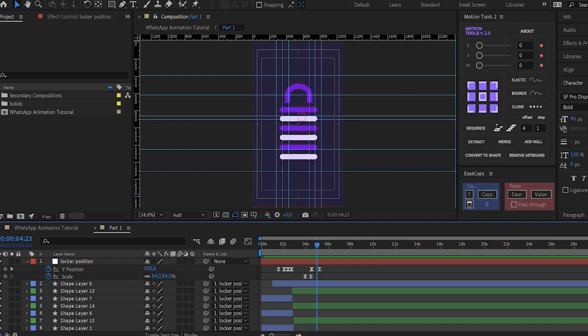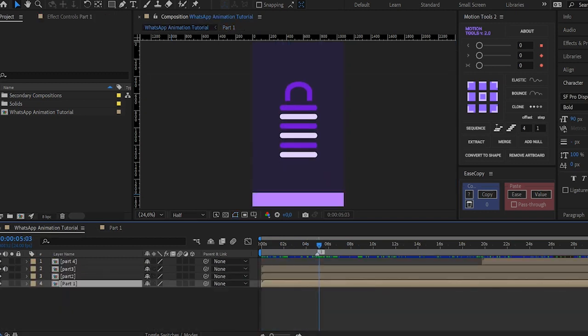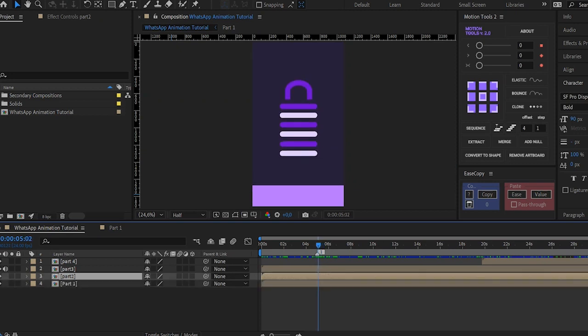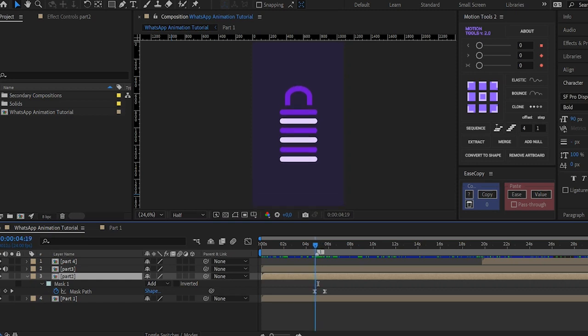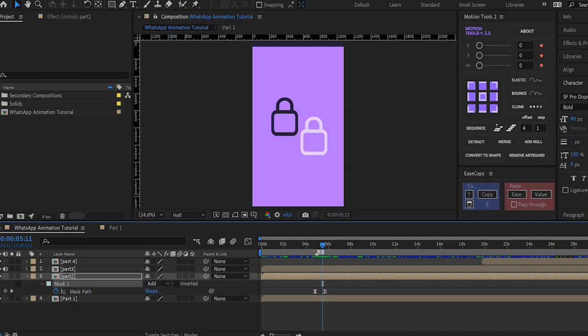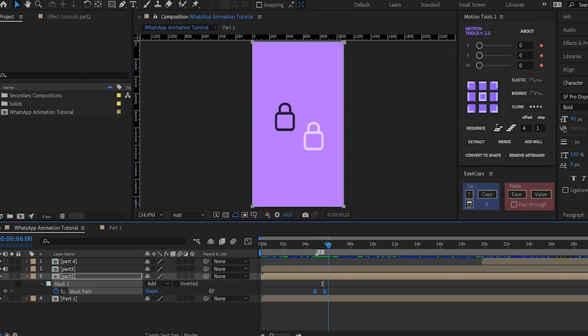So this is pretty much the first part. This is it. Okay, let us go to the second part. Now the transition to the second part is just a mask animation. A mask is just coming up like this. I just animated the mask path, so you can actually see it here. So just a mask animation. Then